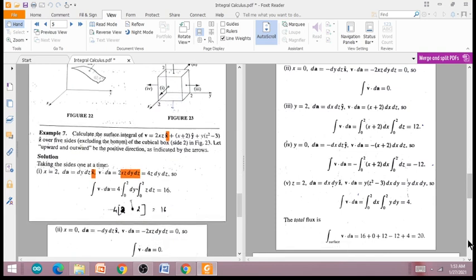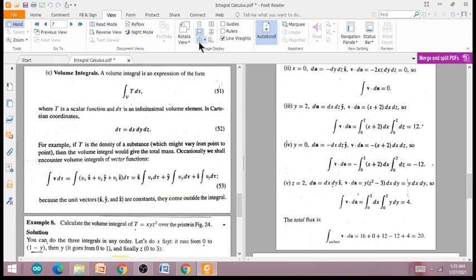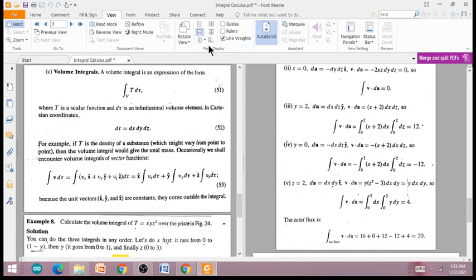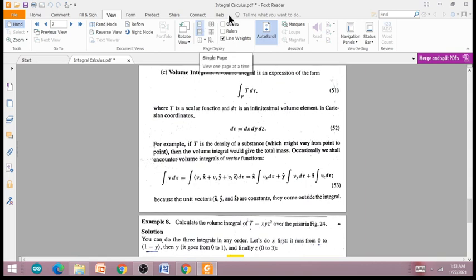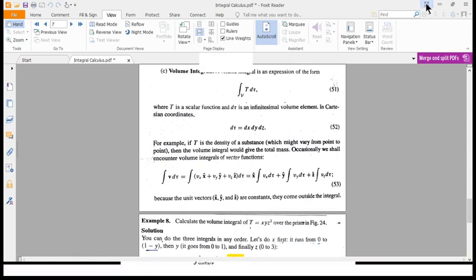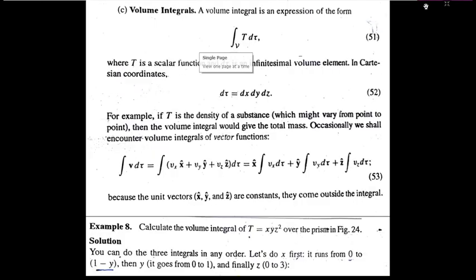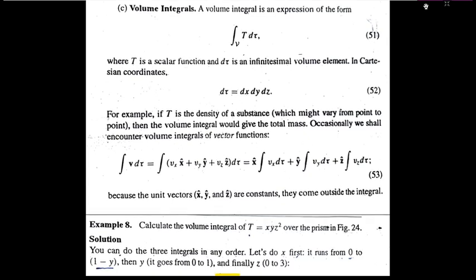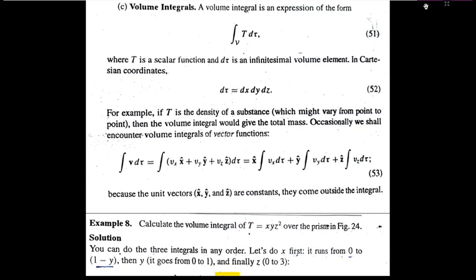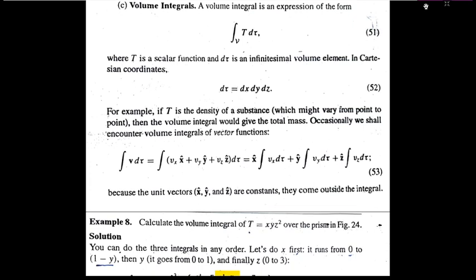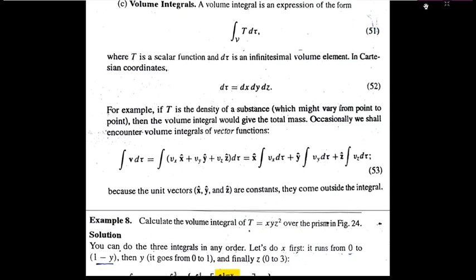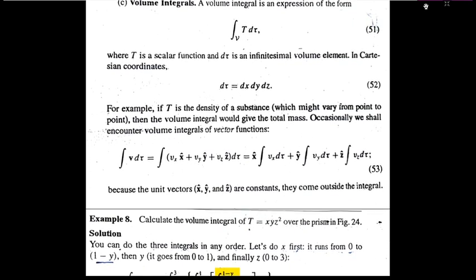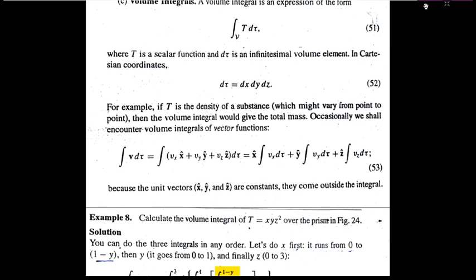Now the last is the volume integral. To understand the volume integral it's easy, but the example is very tricky, so be careful while I am explaining you. Volume integral is again